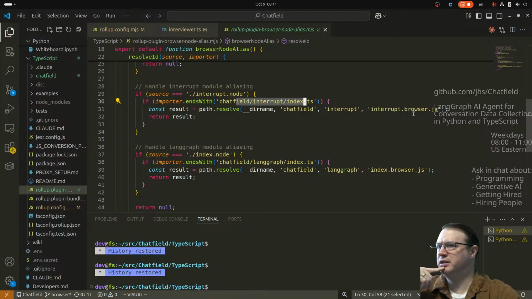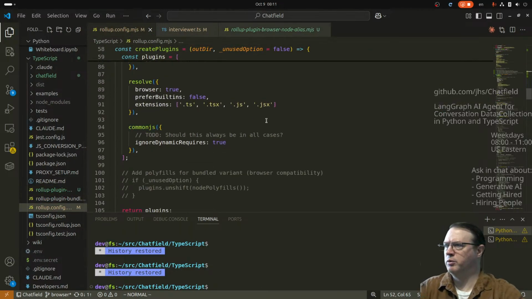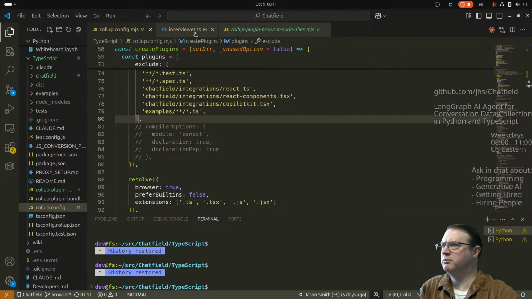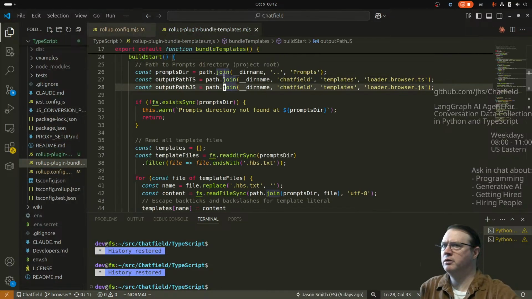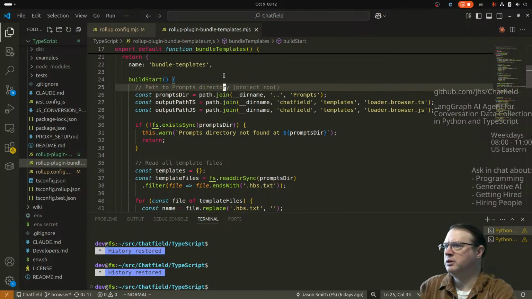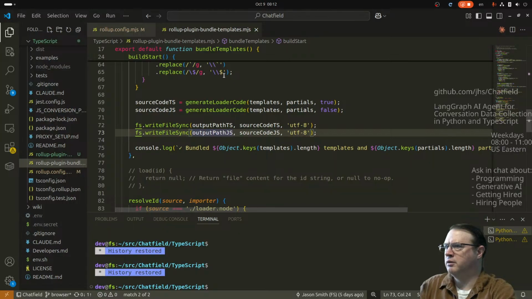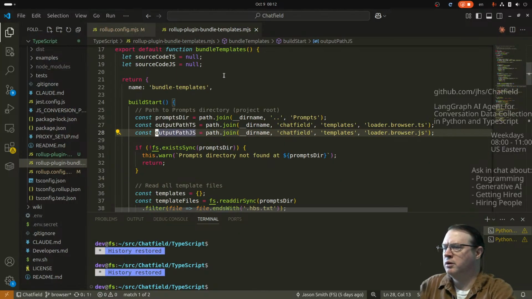Now this is .js. This looks like trouble. Isn't this trouble? What did my other one do? Are we doing .js? Wait, where is it? Where's my plugin? Let's close the interviewer for the moment. Let's pull in our plugin here. Oh, it does. Output path JS. It writes both. That's what it did. It writes both. This might be a bit of a problem for me. That's what it was. I write both